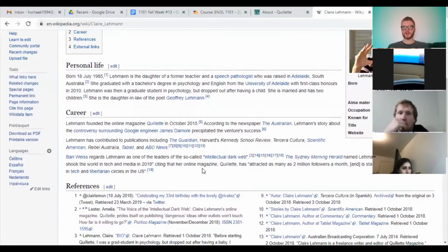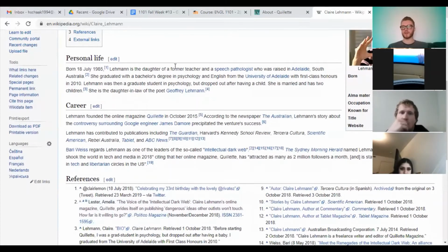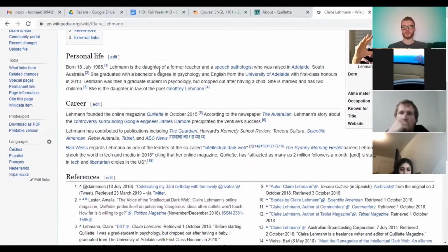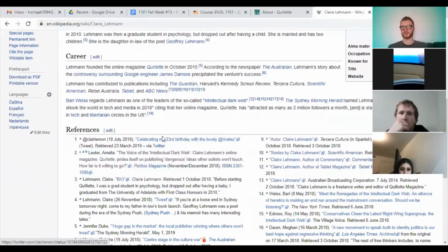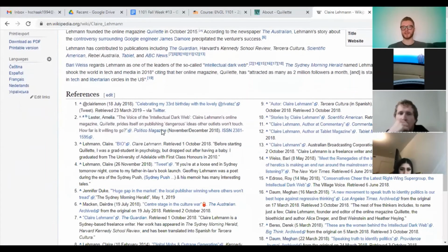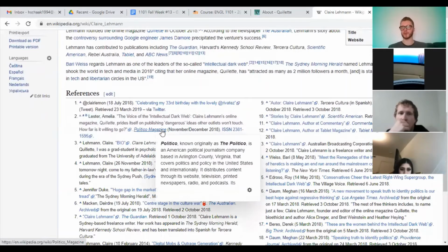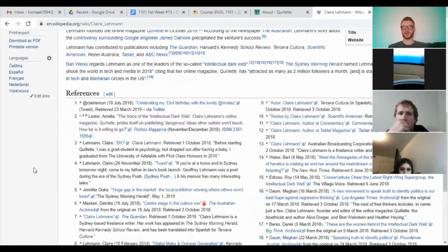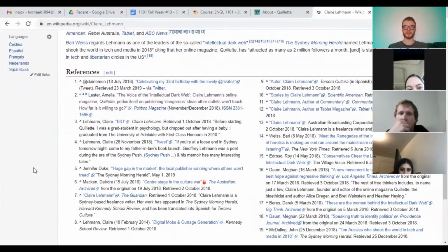Okay, so how do we fact check any of this? On Wikipedia, you actually can fact check everything that a person puts in a Wikipedia article. There's references down at the bottom and little footnotes to each reference. So whenever they claim something, if there's no footnote, no reference, probably don't trust it. If there is a reference, you can simply click on the reference and see if it's true or not. So Wikipedia asks you to cite everything that you say in the Wikipedia entry. So you can actually go through and see how much of it's true. That takes some time, but you can do that.